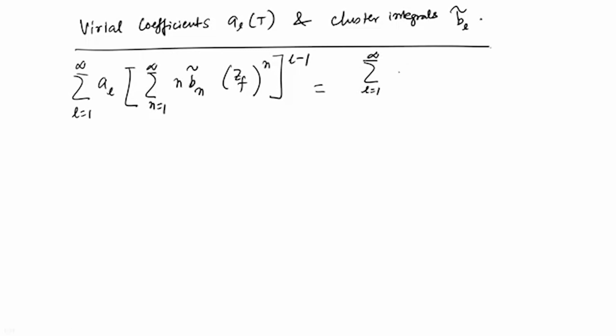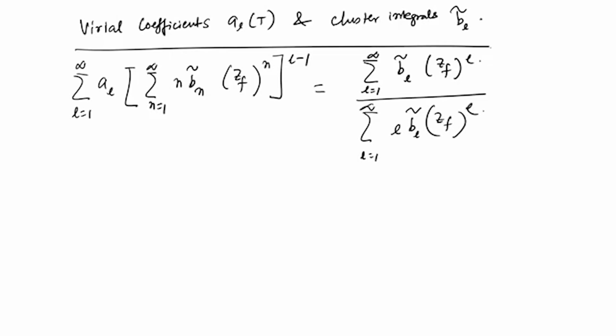In this side, we do not mind writing it as L, because this is just a sum over L, there is a single sum, and this is ZF to the power L, divided by L equal to again 1 to infinity, and we have L, BL and ZF whole to the power L. So, this can be called as equation 13, and now if we expand 13,